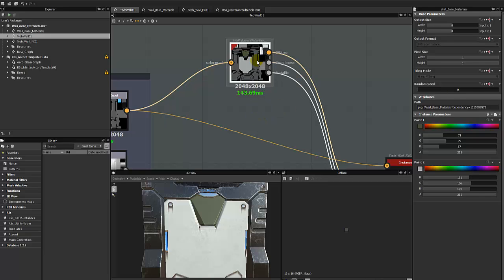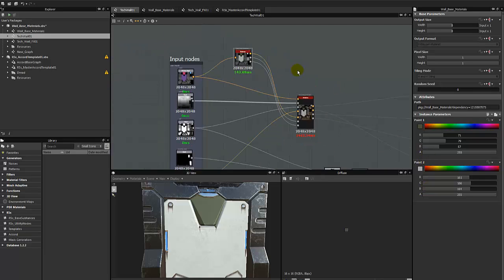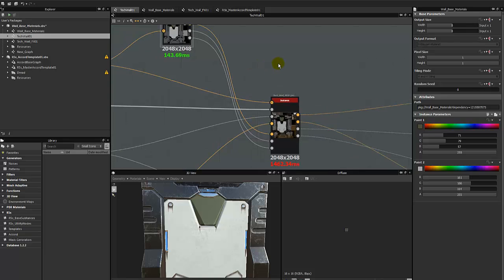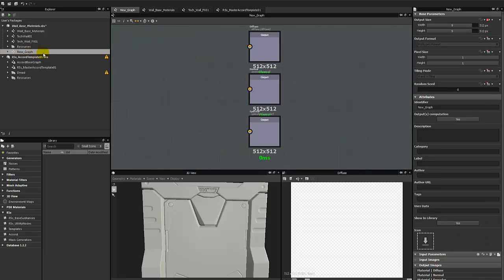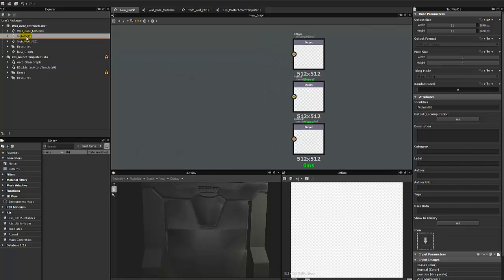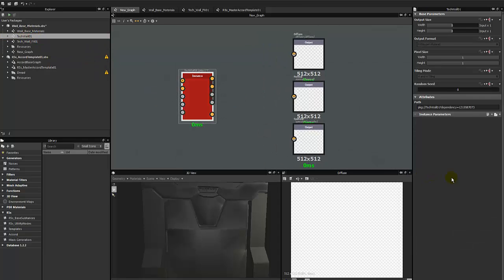Okay, so as you see, if we click on the node now it's exposed at the next level. But if we double click on the outside of the node, it's not there. And if we go back to this new graph, if you remember, if we grab tech wall 01, you'll see that it's not there either. So here goes another point of decision for you. For the master accord graph,